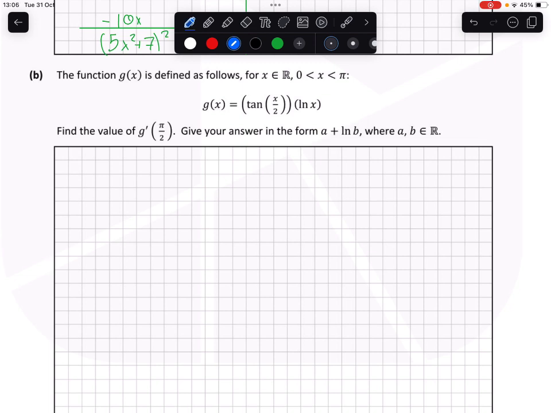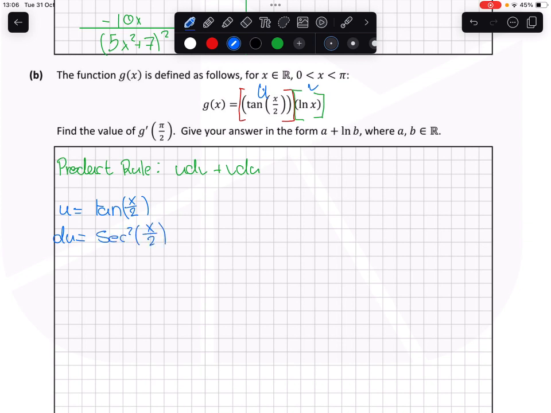Looking at this straight away, we have some function multiplied by some other function. Since it's multiplication, we're going to have to use the product rule, which, if you can remember, is u dv plus v du. So this is going to be u and this is v. We have u equal to the tan of x over 2. That means that du is equal to sec squared of x over 2. And because it's an inner function